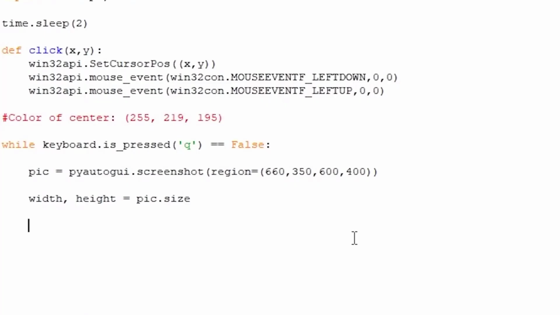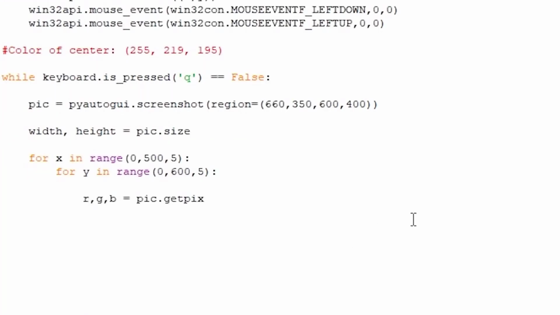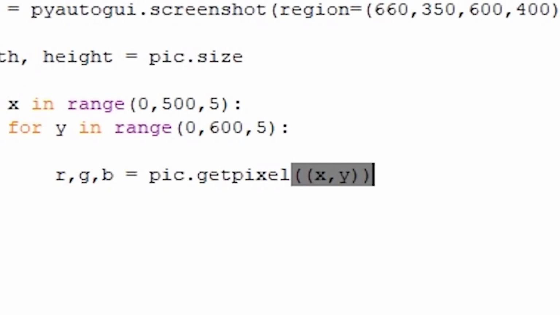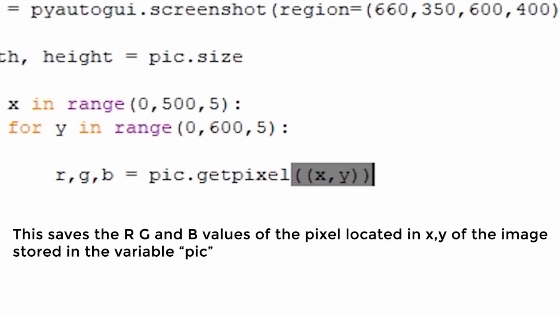So for example, let's say that our image has a width of 500 pixels and a height of 600 pixels. We write for x in range 0, 500, 5, for y in range 0, 600, 5, RGB equal pic.getPixelXY. The script will save the RGB values of the pixel in position XY of our picture pic thanks to